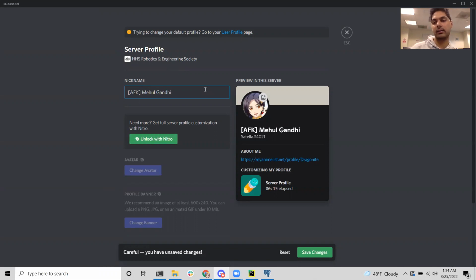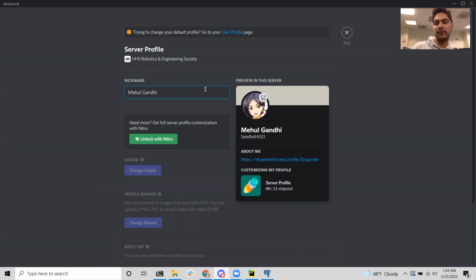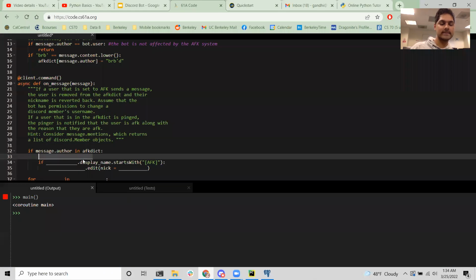The bot is going to change my nickname, and then when I send a message, the bot's gonna take AFK out of my name. So that's what we're trying to accomplish here essentially. And so, okay, if I'm in the dictionary and I send a message, I'm gonna delete myself from the dictionary. So delete from the AFK dict, I'm no longer AFK.